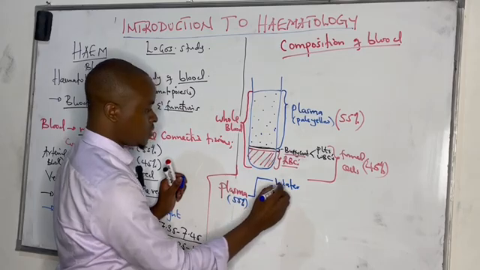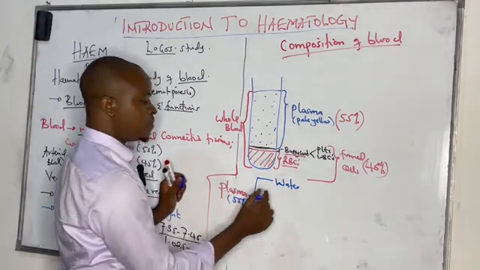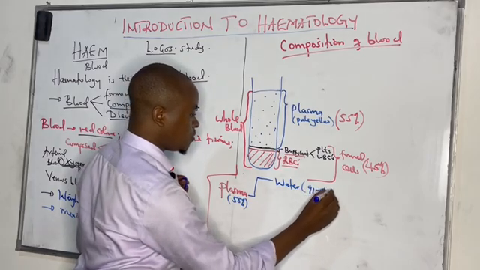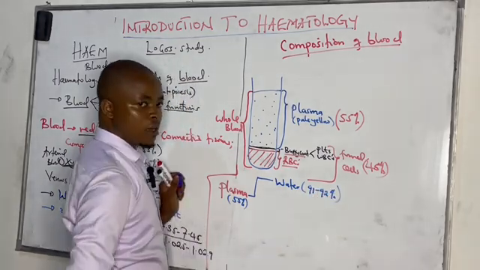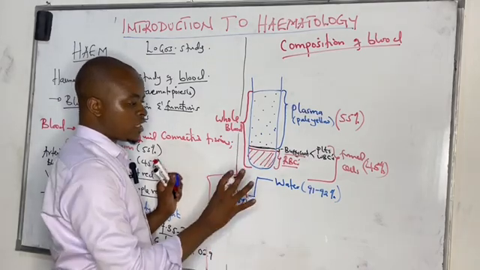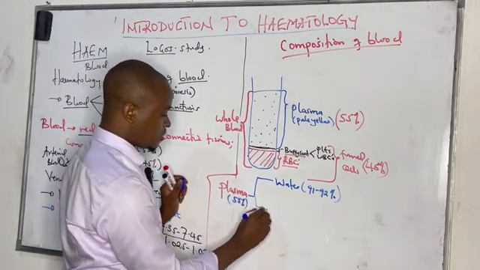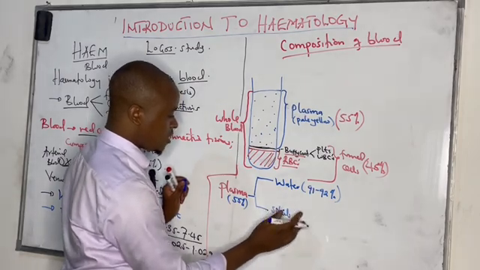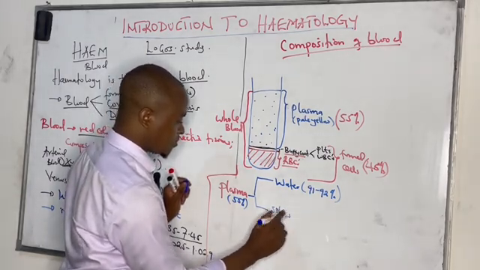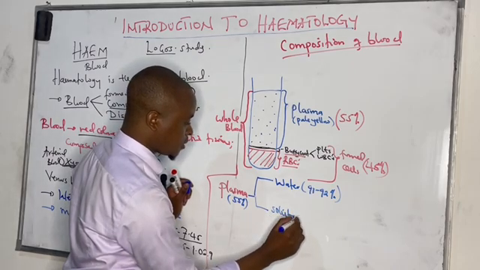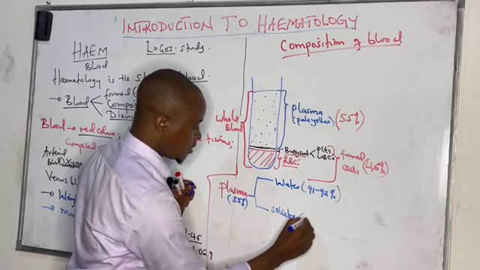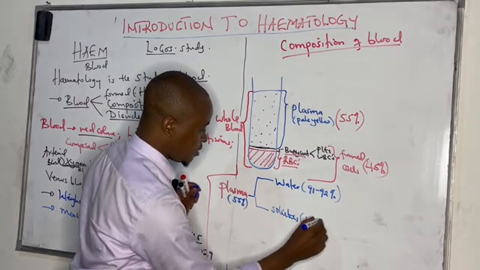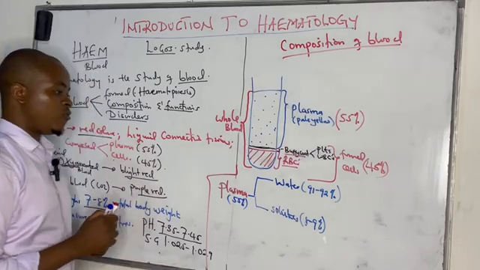It contains water, and this water occupies 91 to 92% of the plasma, whereas the remaining 8 to 9% is solids. Or we can call them solids or solutes. Solutes take 8 to 9% of plasma,